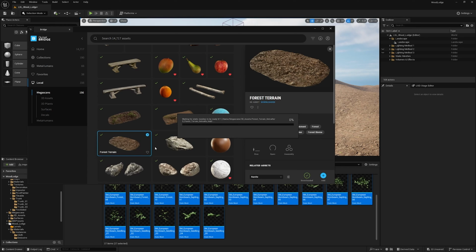And I think we can even explore a little bit of PCG just to help us with the trees around the area. And then at the center or around our main building, we can just do like a